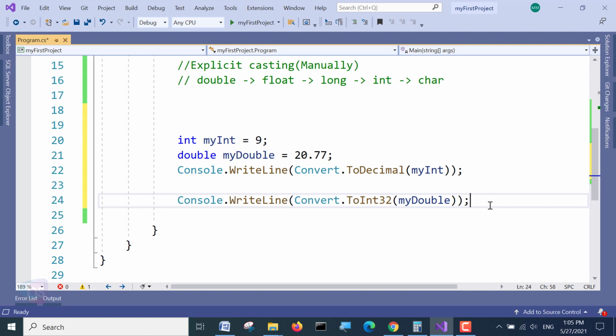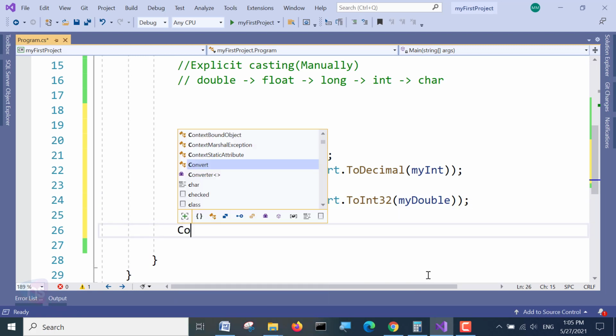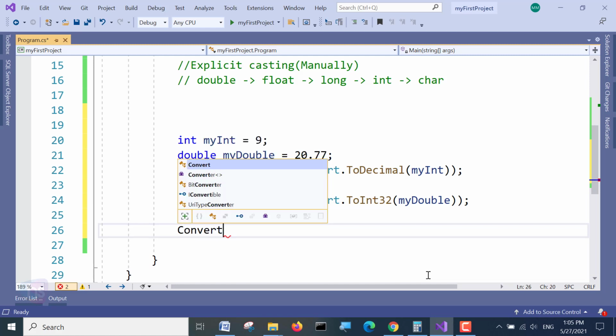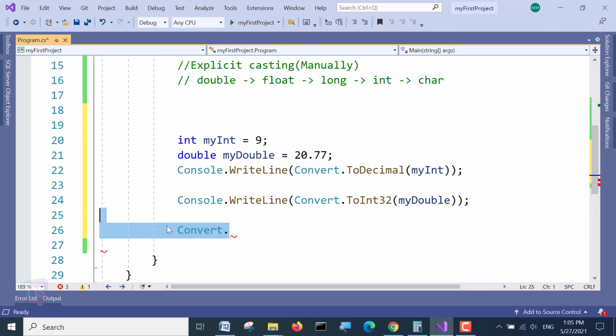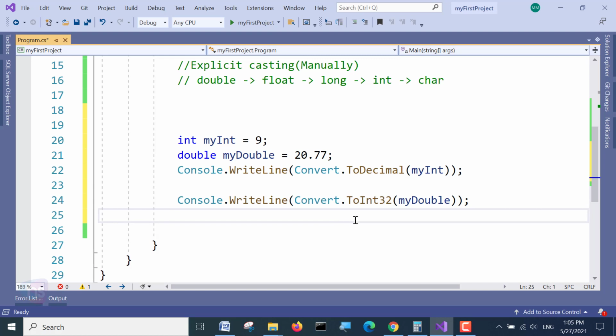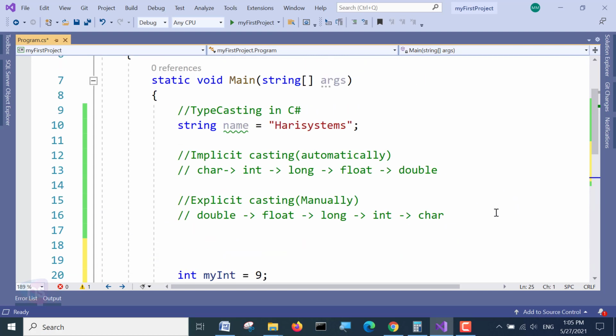So you have to follow these very simple steps, as I have explained here. When you press the dot after Convert, you will get all the available functions. Try to apply them one by one to understand how to use Convert. This is the very simple way to use it. Make note of all this information. You may get a few questions regarding this in our assessment test as well.